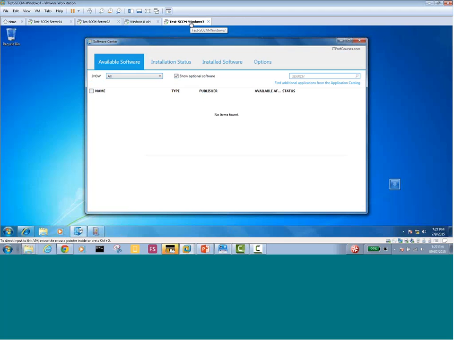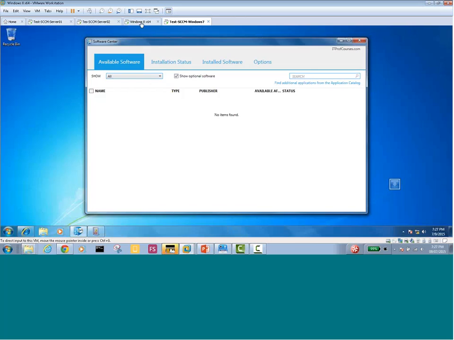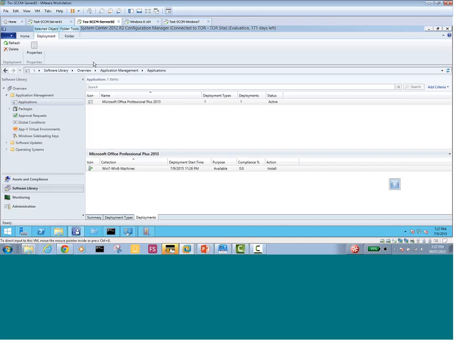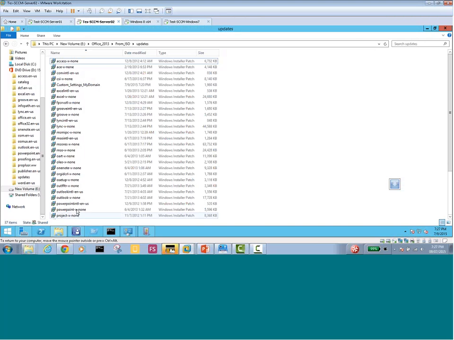It hasn't appeared on the Windows 7 because I removed that from deployment, and then I again deployed just on Windows 7 and 8. So it should be appearing by some time. On SCCM locally,